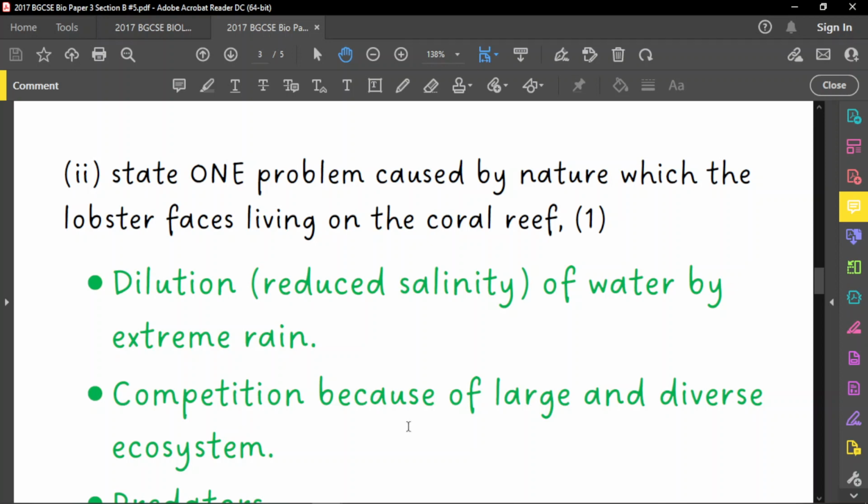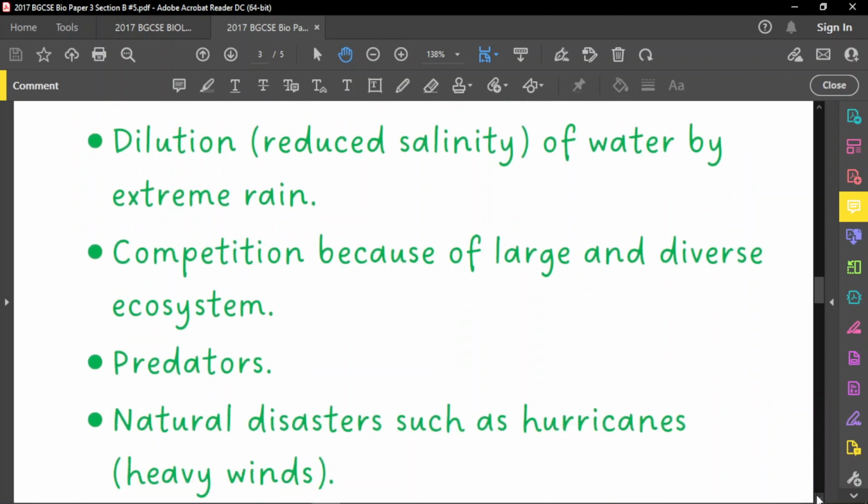So they compete for food and all of those things, right? They even compete in terms of living space because other organisms want those crevices to live in as well. So yes, another big one here is predators. All right, so predators, they're natural predators. The organisms feed on them. And again, because the ecosystem is so large and diverse, the feeding relationship becomes more intensified